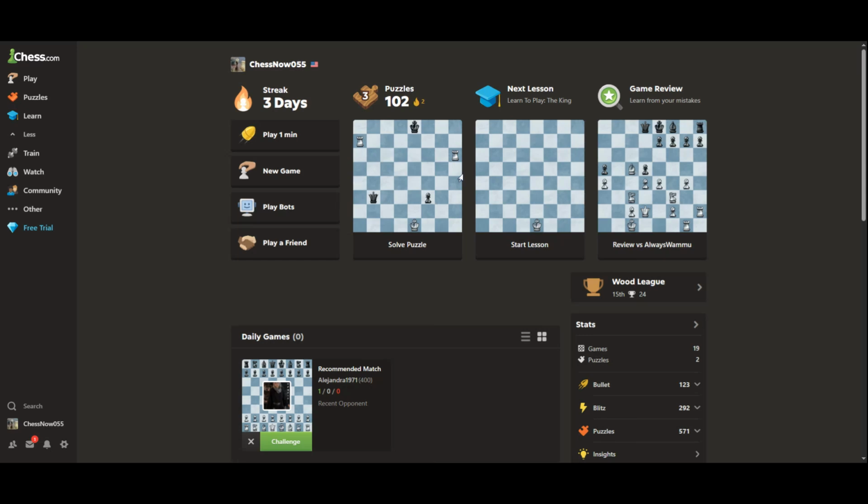In today's video, I'm going to show you exactly how to import a PGN file into chess.com quickly and correctly. Whether you've downloaded games from another platform, saved your own matches, or you just want to analyze a specific position, this method will let you load your PGN file in seconds. Stick around because I'll walk you through every step, and by the end, you'll be able to analyze any game